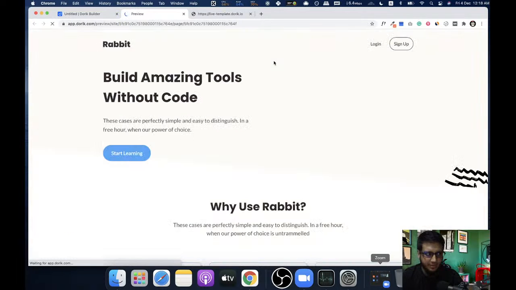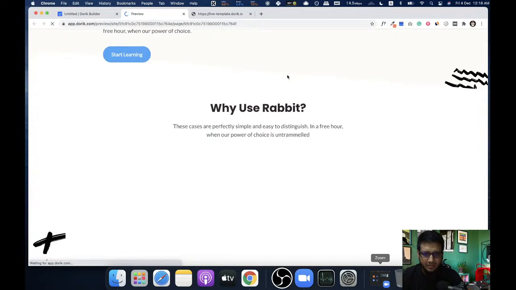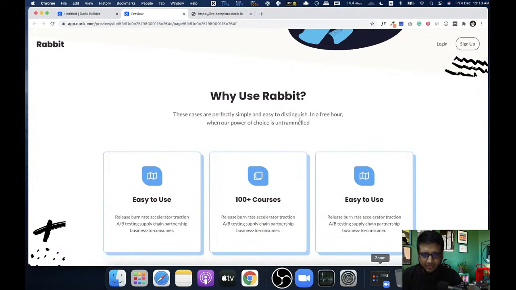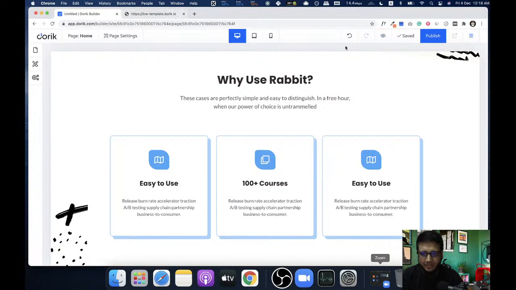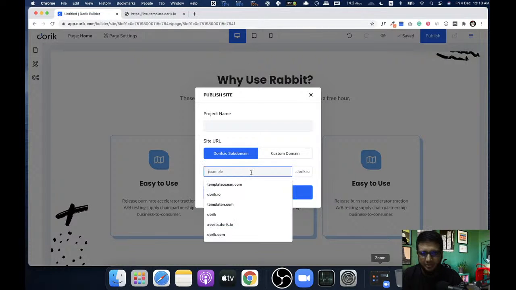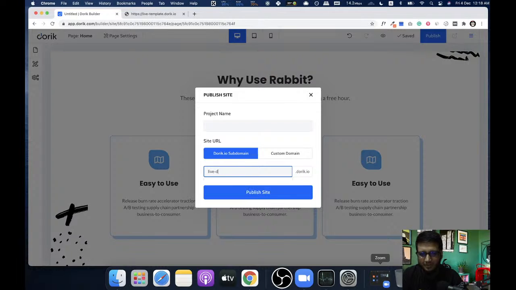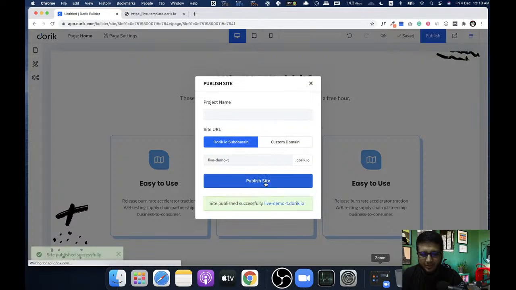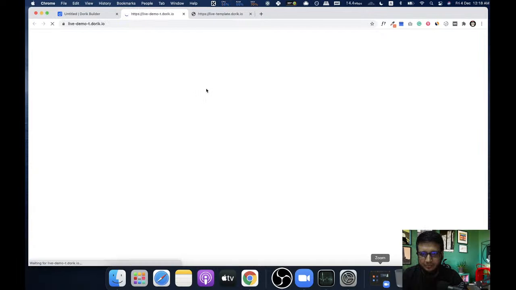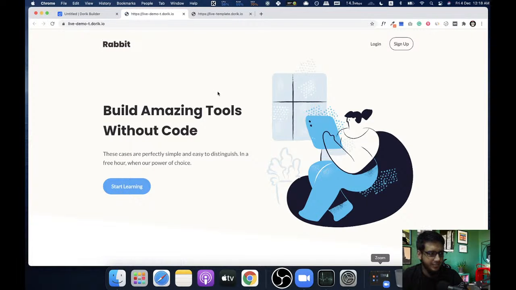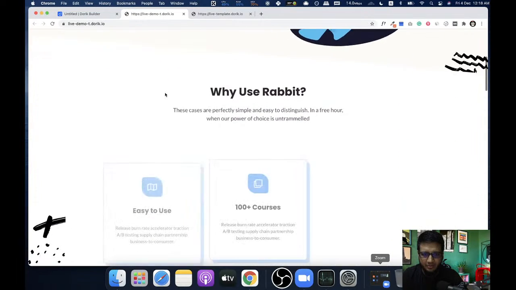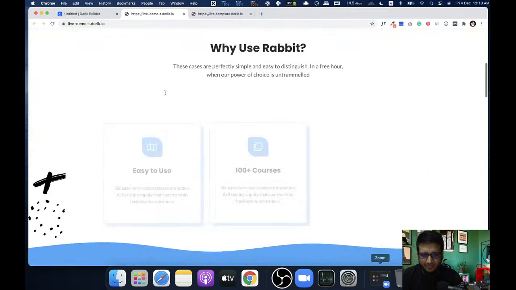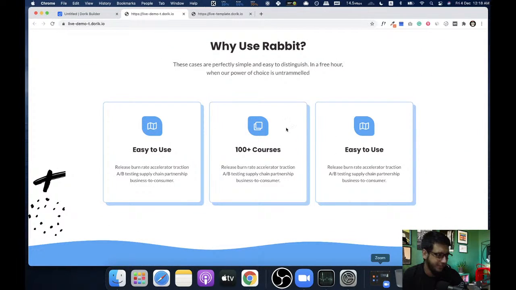So I'm right now on the preview. Okay, let's see. You see the animation. I think I'll publish it, so it will be much better, so we can see it much better. Okay, so here it is. You can see these 3 columns are animating as I'm scrolling up. So you can customize it like this.